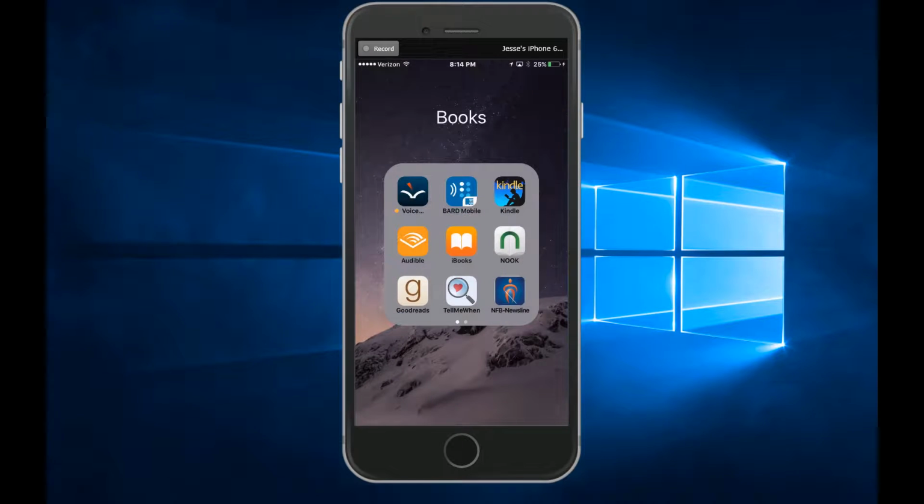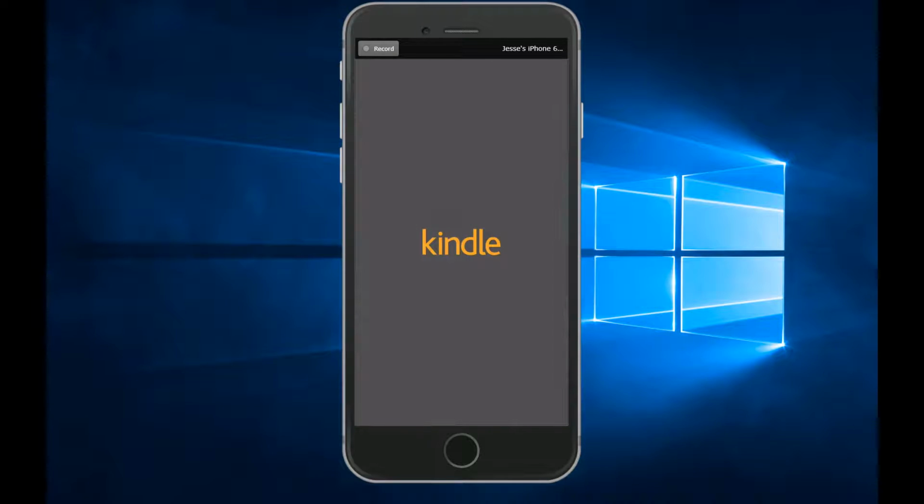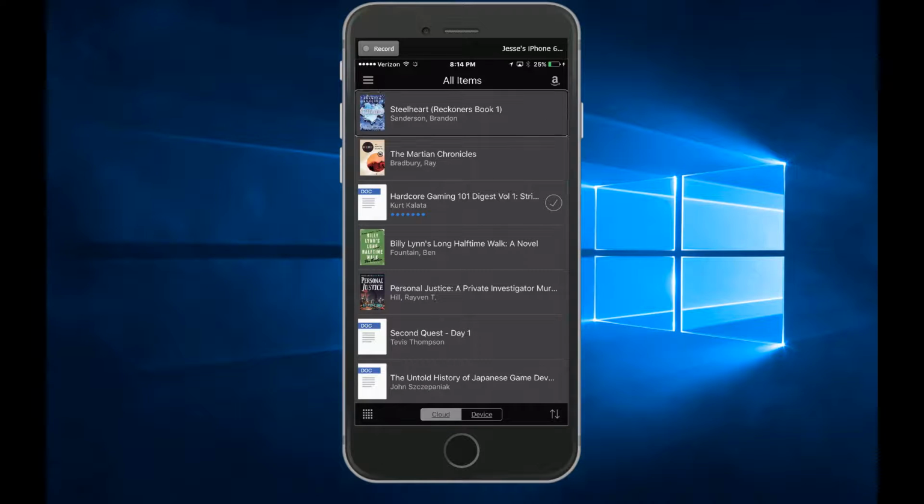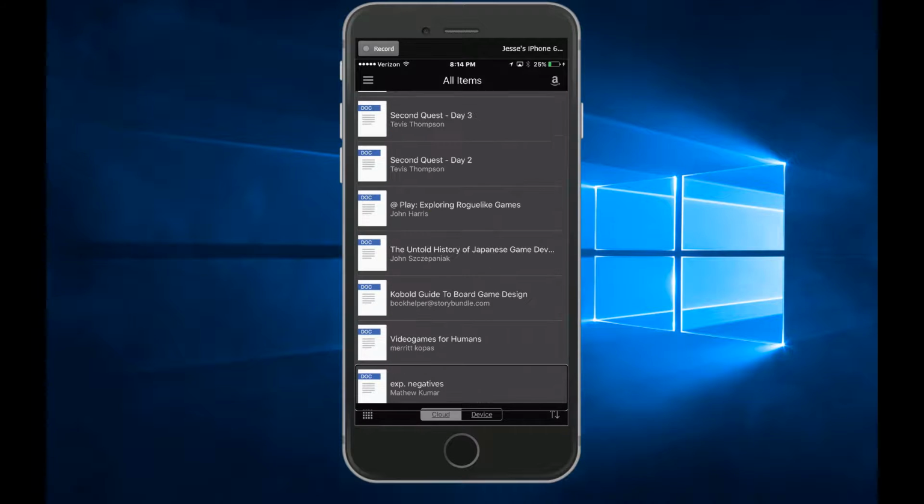Kindle. Kindle books are, of course, also accessible. I have many books in here: Steelheart, Reckoners Book 1, The Martian Chronicles by Ray Bradbury, Billy Lynn's Long Halftime Walk, Hardcore Gaming 101 Digest, Volume 2, Trying Second Quest: The Untold History of Japanese Game Developers. Well, there's a whole bunch of books in here, but basically,